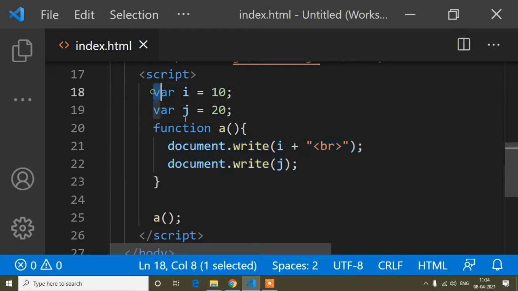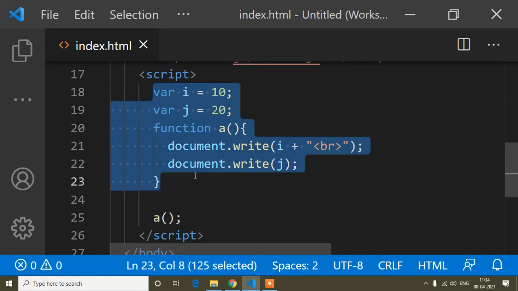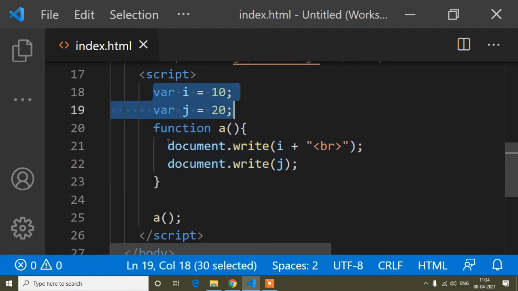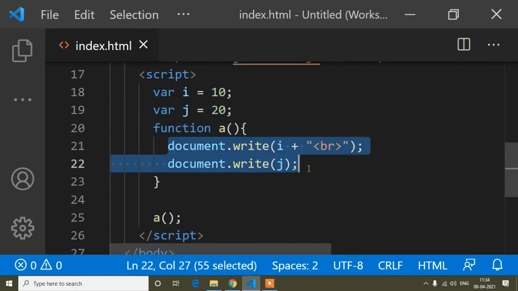I hope you have understood this definition also, because closures has two definitions. So this is the definition: we can access a global variable inside our function or method. So that is closure. We use it most of the time, but we don't know this is called closure, that the name of this scenario is called closure. So now you can understand, I think.